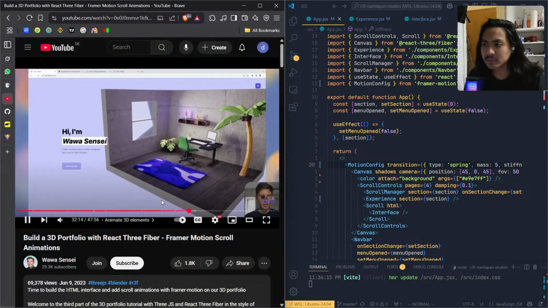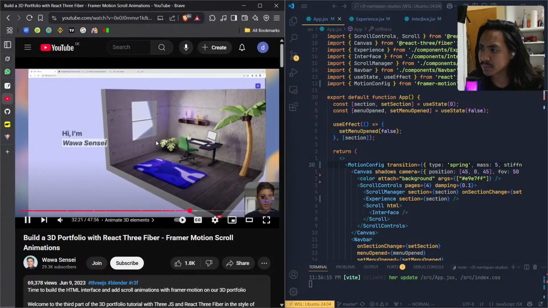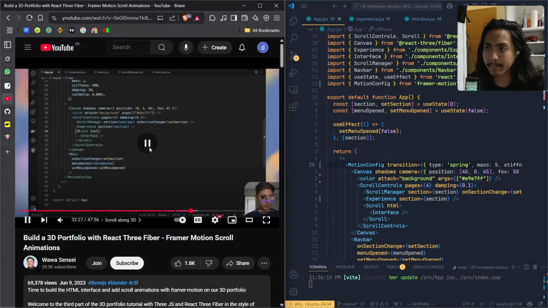Okay, fine. But what I want to do is, I don't want to see this forever. So what I will do is on the 3D models, add a scroll from uScroll. Same as we did for the